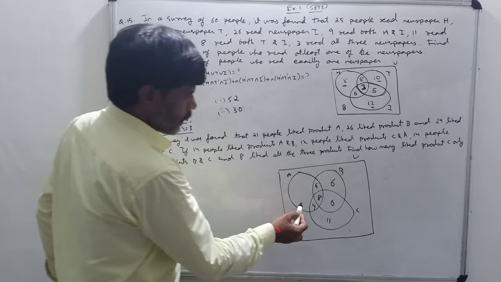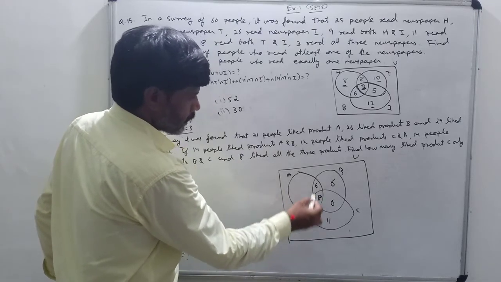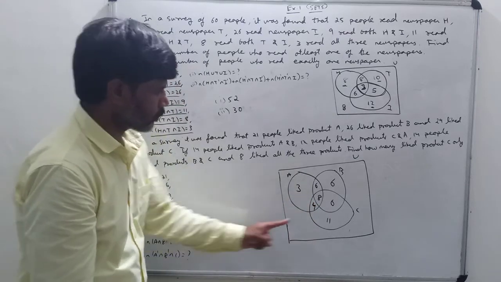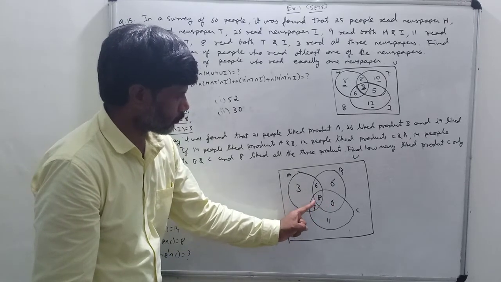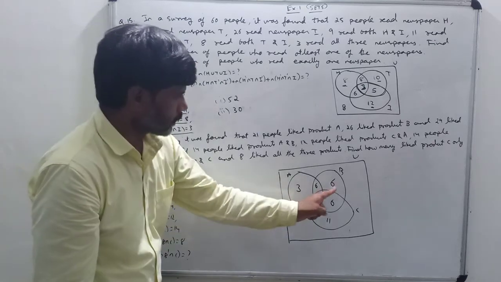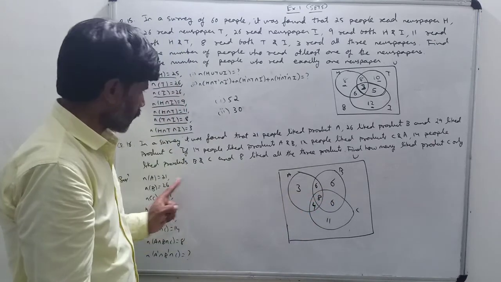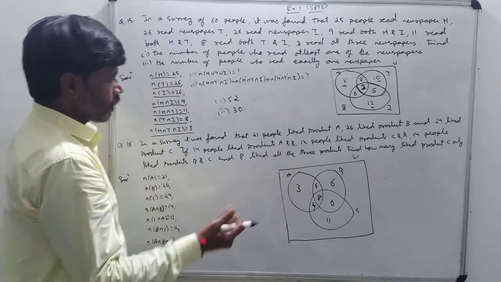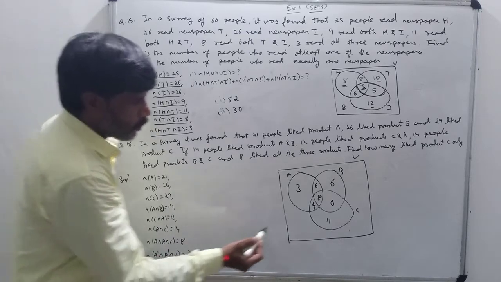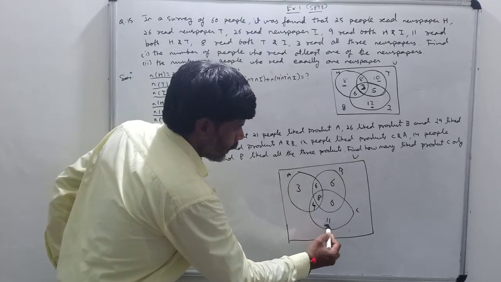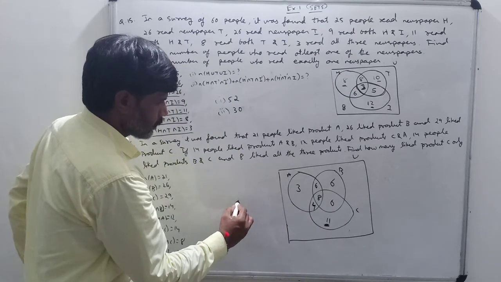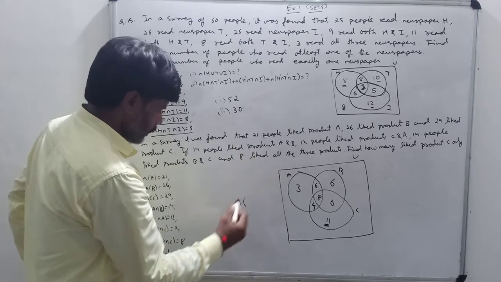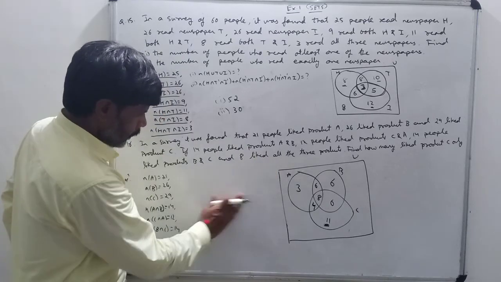21 like product A. So 21 minus 10, 11. 11 minus 8, 3. Okay, let us see the total also. 11 plus 10, 21 plus 8, 29, yes, C is 29. 6 plus 6 plus 8, 26, yes, correct. 6 plus 4, 10, 10 plus 8, 18 plus 3, 21, it is correct. Now, what is the question? Only C. So only C means which region, how many? 11. So the answer is 11. Number of people liking only product C is 11.